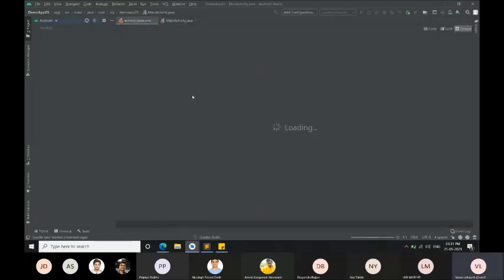So when you come to this activity main.xml file, this is the home screen, or the home page that the user sees when he first opens the application. In any Android application, immediately after opening the application, this activity main.xml is the first screen that you're going to see.